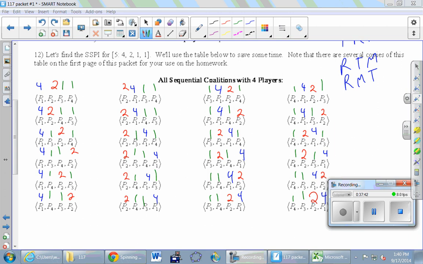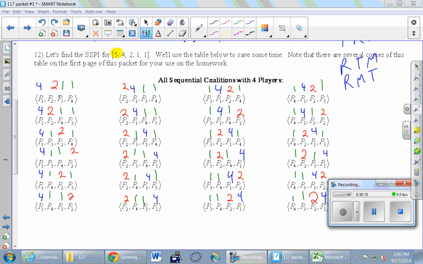Okay, but now it's time to get into the nitty gritty and actually find the pivotal player. And in the pivotal player's case, that number 5 right there, that quota is super important. We're looking for the first person that puts us over the tipping point, at least 5. So we imagine the first player putting 4 yes votes into our bin over there. Is that enough? No. And then the next player comes in and puts 2. Is that enough? Yes. So that 2 is the pivotal player.